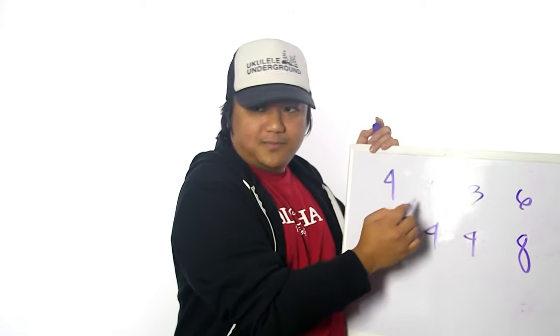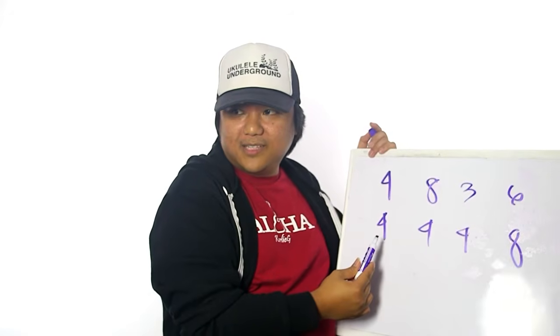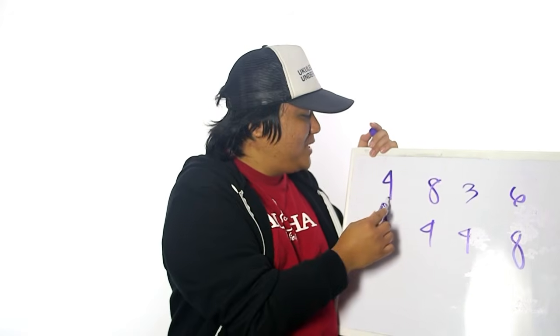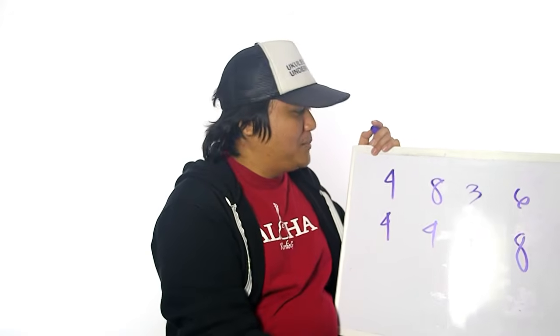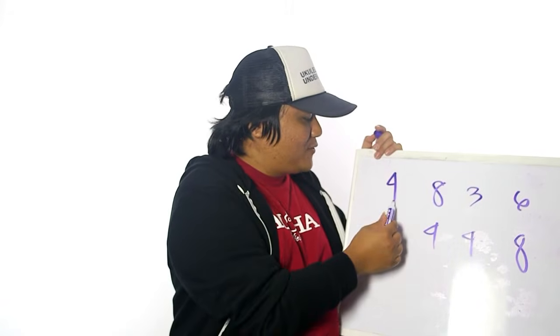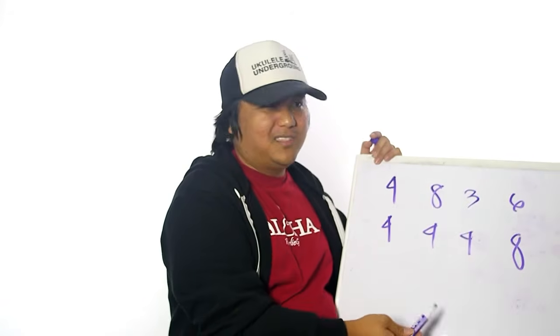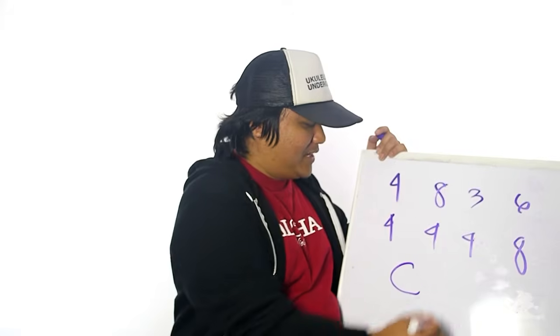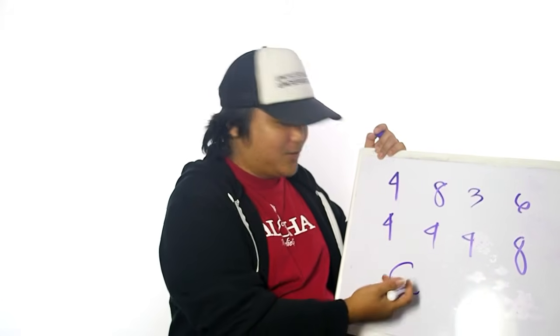The top number means how many beats in the measure. So 4/4 is the most common time. Sometimes in music they just put C. That's for common. They don't even put 4/4, just C for common.